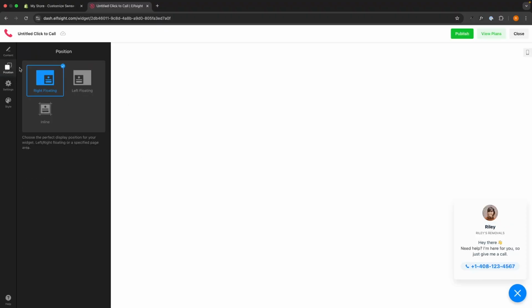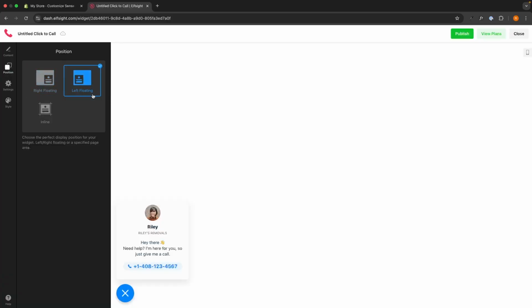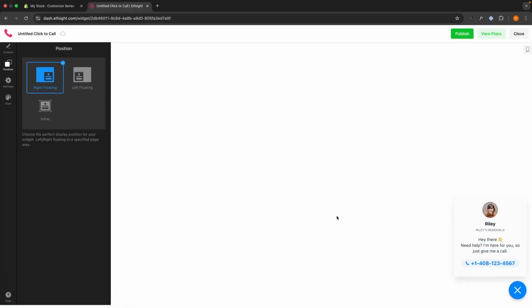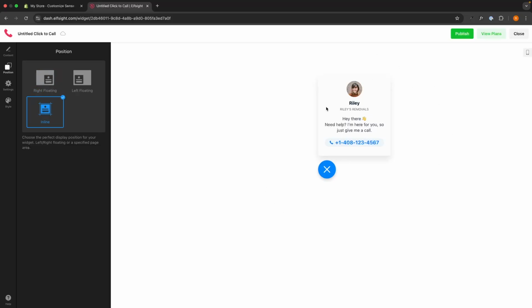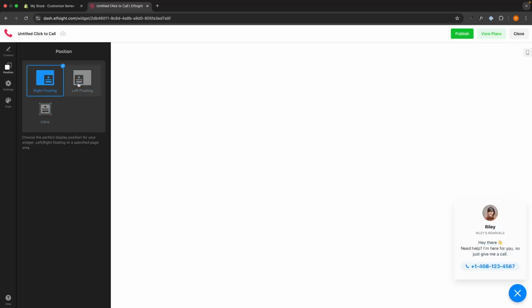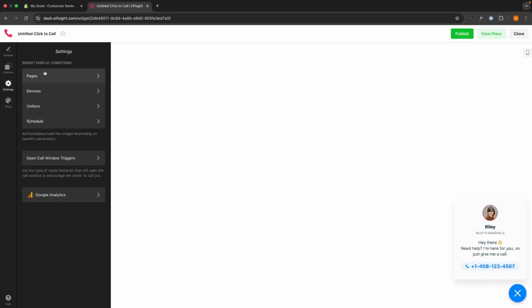We can then go into the position area and we can choose if this is left floating or right floating, and this is going to follow us around the website, or if this is inline and is just its own specific section. I recommend going for one of the floating options, as with click to call buttons, this is what they usually are. We can then go into settings, and in here we can choose what pages or devices we